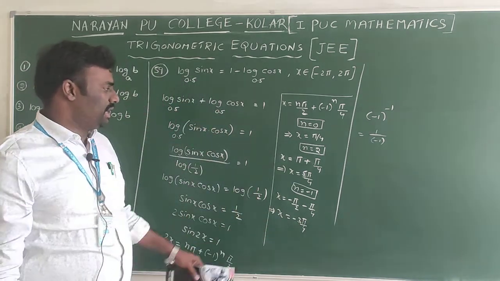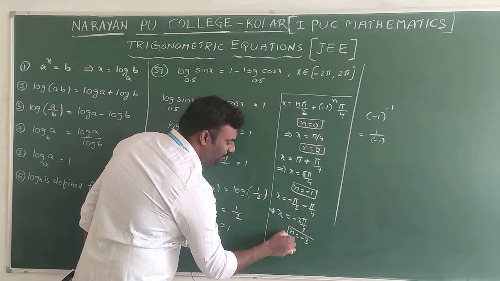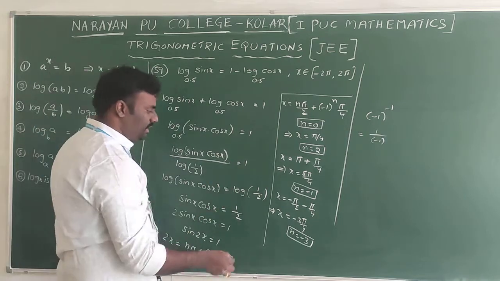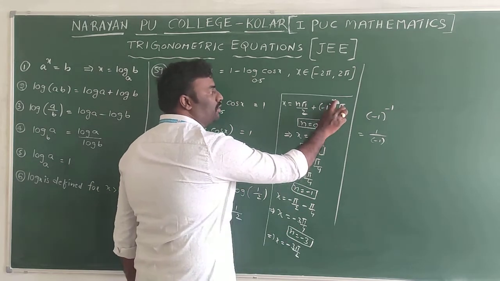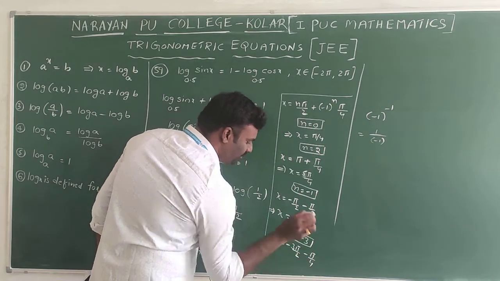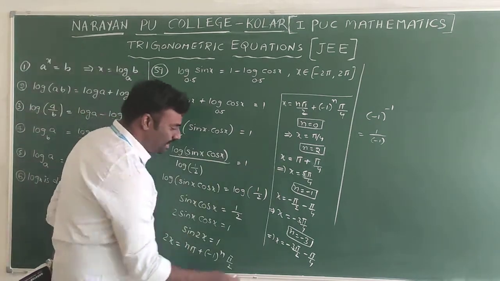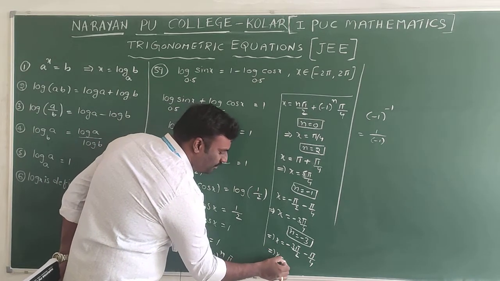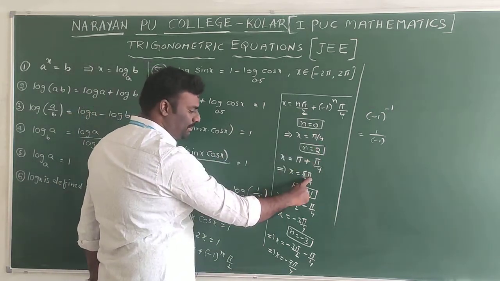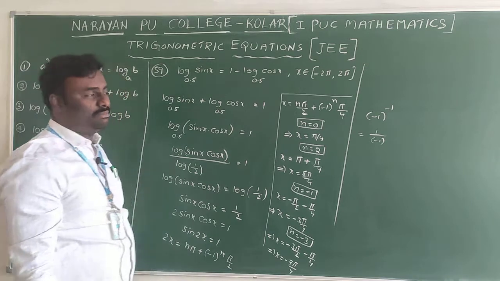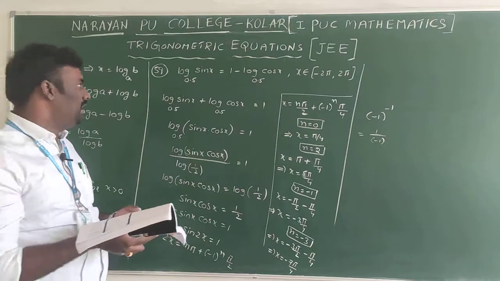Next, if you substitute minus 2, again the same repeated we will get. That's why I am substituting n equals minus 3. You substitute here, that implies x is equal to minus 3 pi by 2 plus minus 1 whole cube, pi by 4. If you take LCM, again 4 is the LCM, minus 6 pi minus pi, minus 7 pi by 4. That's it. So pi by 4, 5 pi by 4, minus 3 pi by 4, minus 7 pi by 4. Totally 4 solutions exist for this. That is nothing but option D is the correct answer.